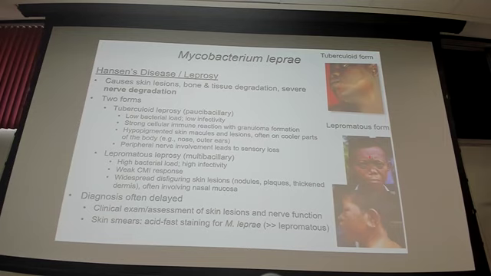This gentleman in the middle picture here has the lepromatous form of leprosy. You can see his nose is a little bit disfigured, so there's involvement with the soft tissue structures in his nose. And also he's missing his eyebrows, which is a unique characteristic of the lepromatous form. It also has a tendency to cause leonine features in the face, cat-like features.